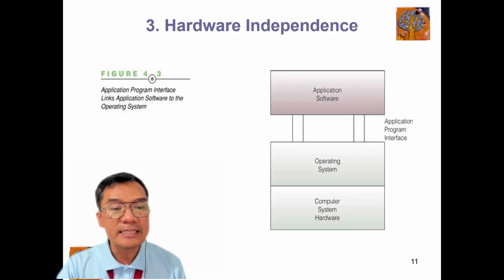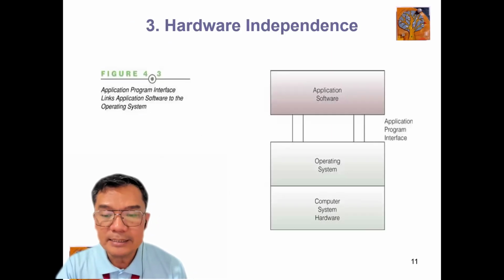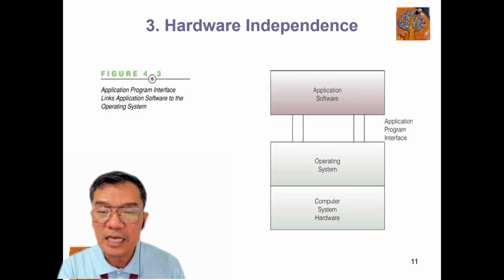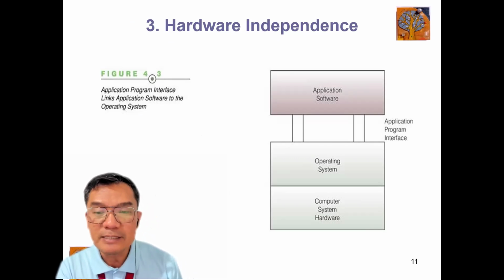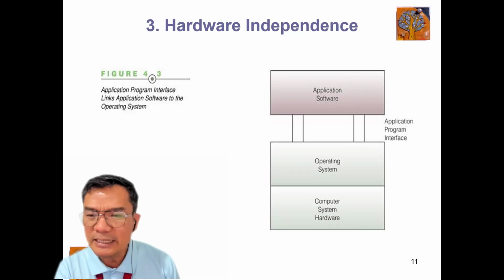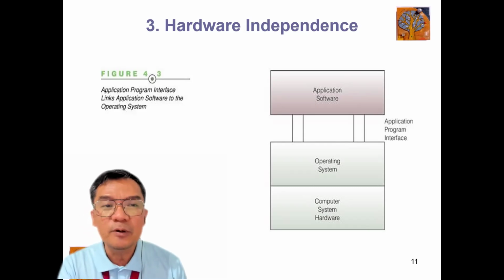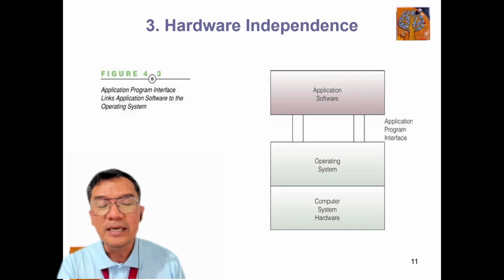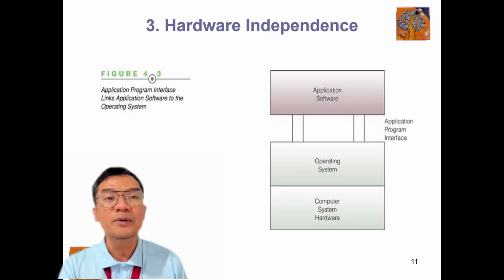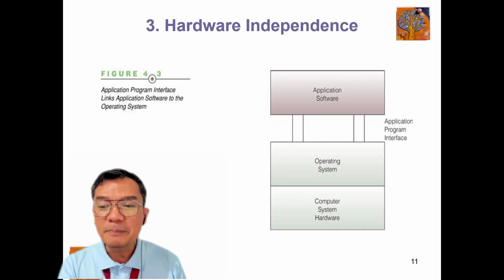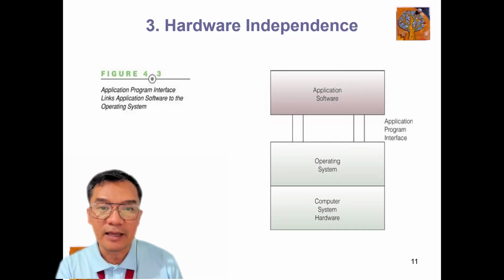Third is hardware independence. The idea of hardware independence is that any software can be used on a particular hardware, meaning even if we have different software, it can use the same hardware. For example, our hardware need not be replaced even if we install new software on our computer. That means the design of the computer hardware is independent of the computer software, more particularly at the application level.